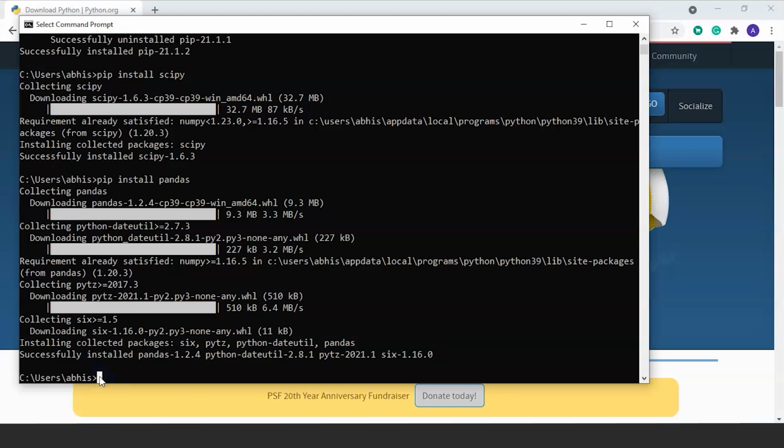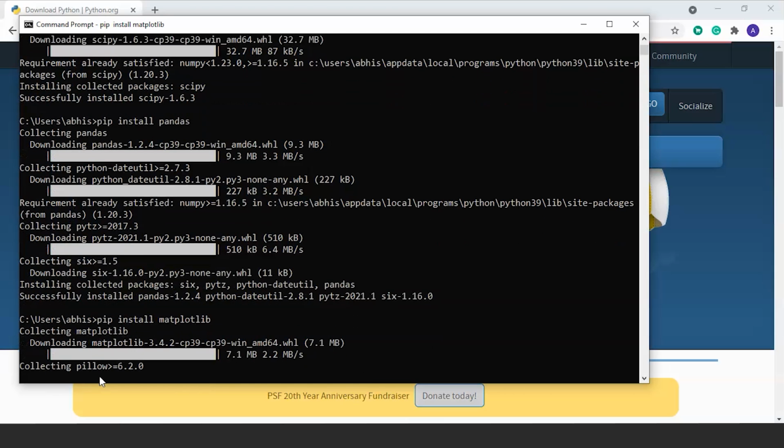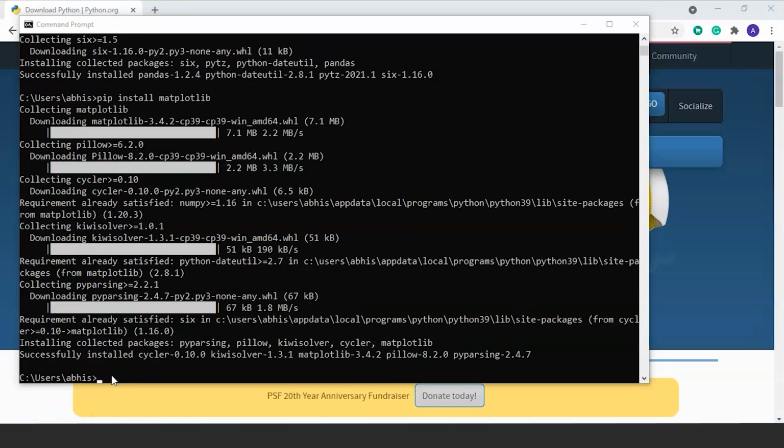So now we will install that. For that we will write the command pip install matplotlib and press enter. As we can see, the matplotlib library has been successfully installed.